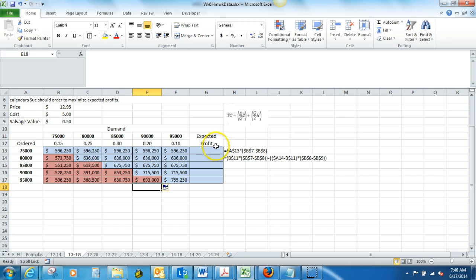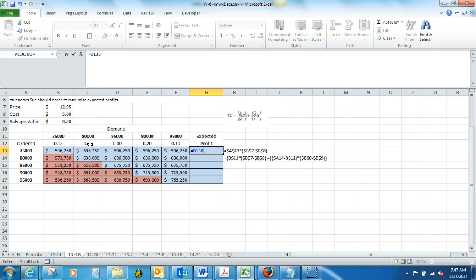Okay. Once you get that filled in, what we're going to be doing here in the expected profit is we are going to be doing a weighted average. Here are our probabilities that each of these circumstances will occur, and we're just doing a weighted average here for each one of these. So we're going to be doing equals, and we're going to do this